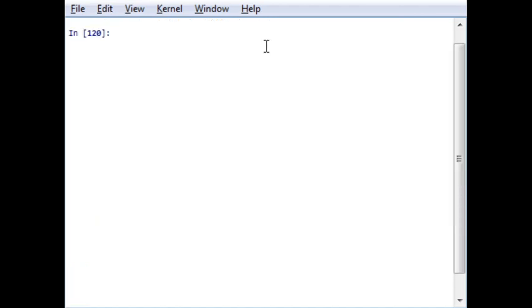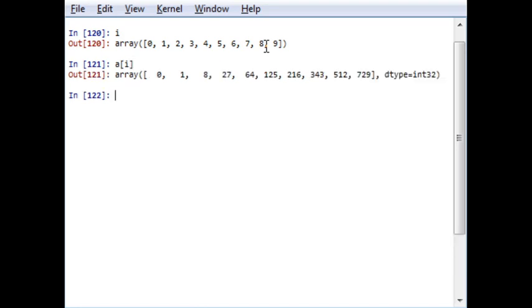Now, of those elements of array A which have indices of the values of I, let's say A bracket I, I am doing an indexing. I is nothing but 0 to 9. I am using A of I as an indexing. The output will be 0 cube, 1 cube, 2 cube, 3 cube, up to 9 cube, that is 729.